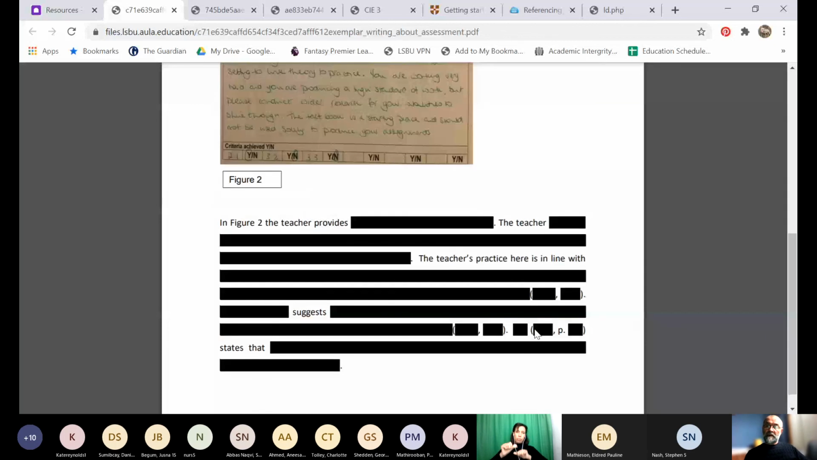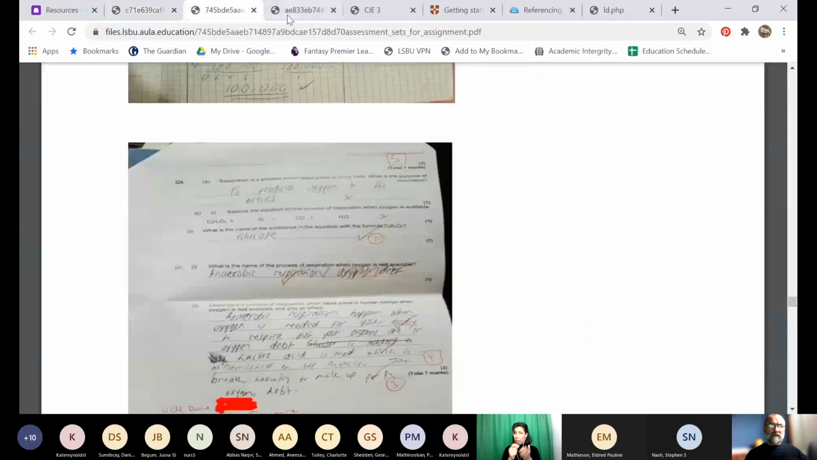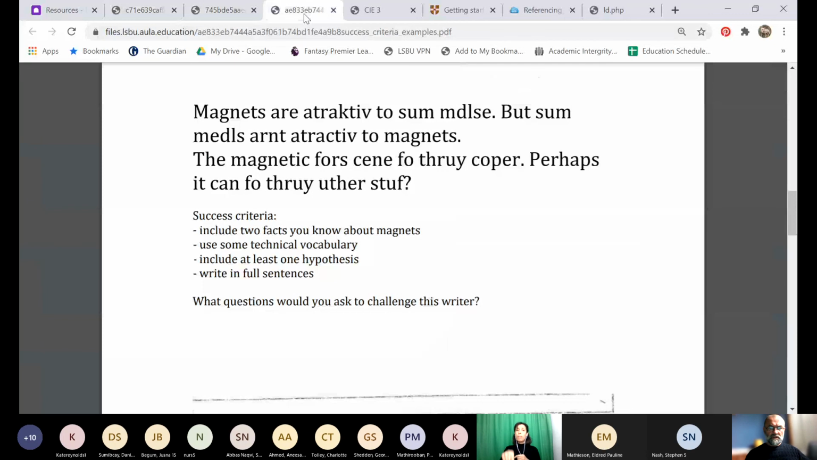Now, sharing this example with you has two functions. One of them is a response to some questions I had last week, which was, can we see some examples? So here's an example. But the other thing, if I go back to one of the slides I showed you earlier,